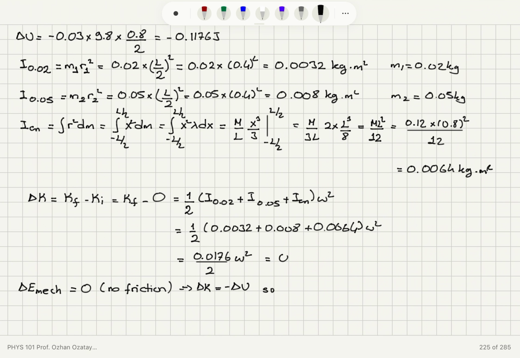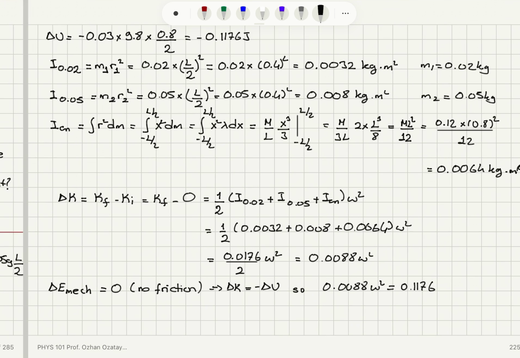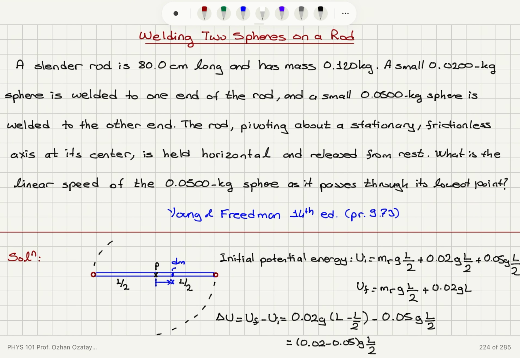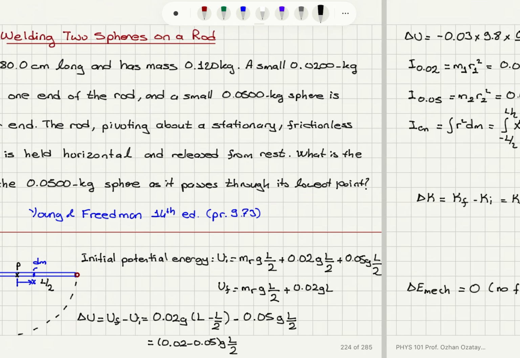This gives us 0.0088 omega squared. So 0.0088 omega squared must be equal to minus the change in potential energy, which is 0.1176 joules. And when we calculate the linear speed of the 0.05 kilogram sphere as it passes through the lowest